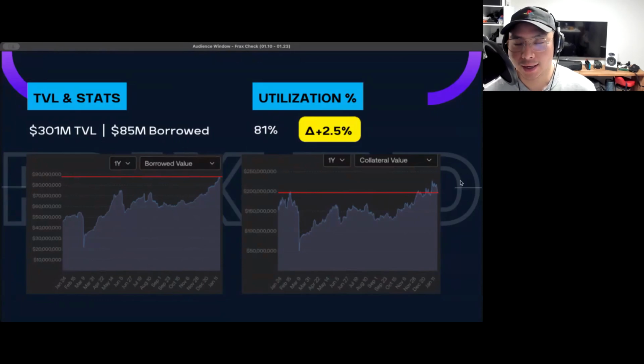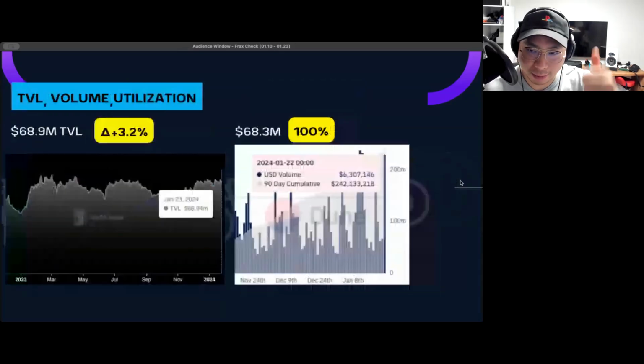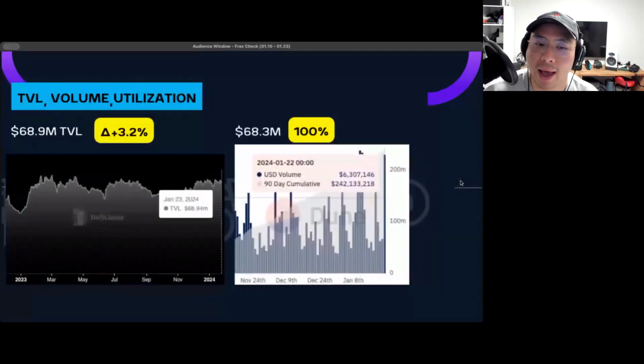And the way I calculated that 81% is you take the amount borrowed divided by the amount lent. And that's where you see us at 81%. So very healthy numbers across the board. I think this is one of our most banging products that we created. So very excited. So good job to the team. Clap, clap, clap. Now, moving on, we have the